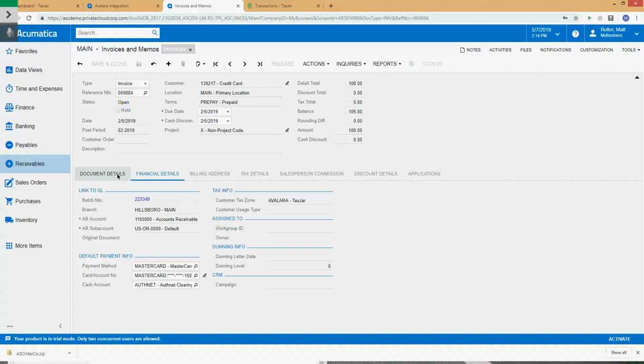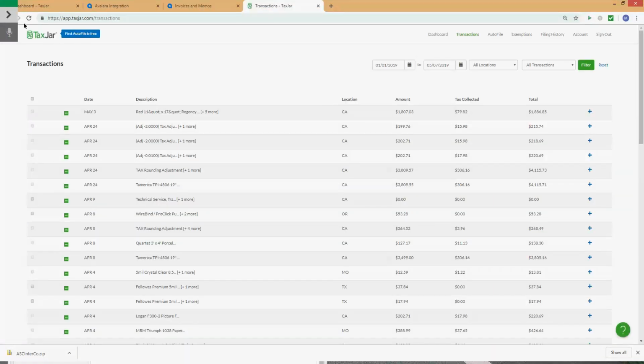So the way that I understand the current one works is that it will not calculate the taxes unless we have a location in there and we fill in the ship via field. That's right. Otherwise, it will not calculate it. Now, TaxJar sounds like it will calculate even if you don't have the shipping location or the ship via field, and it will default to the account's delivery. Does the Avalara one currently do that, or is that